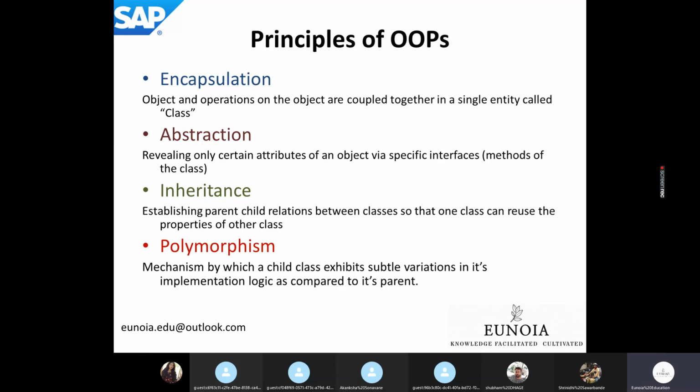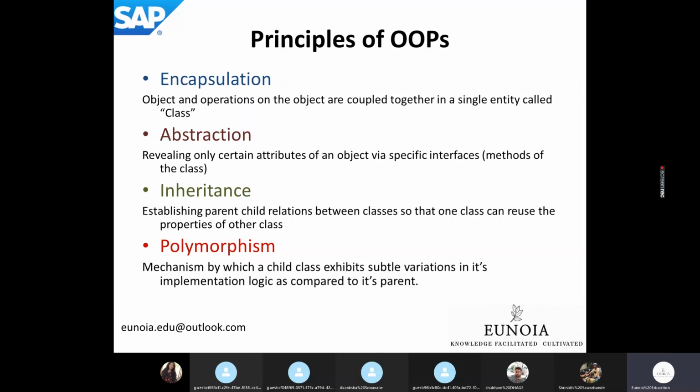It is achieved using the visibility concept: public, private, and protected visibilities of the class. Whatever data is in the private section is not at all visible outside the class. Whatever is in the public section is visible inside the class as well as outside it. Whatever is protected is visible only inside the class, and to the children of that particular class.